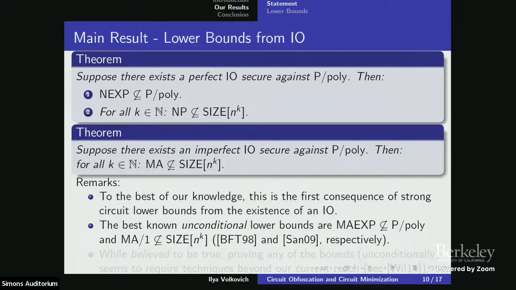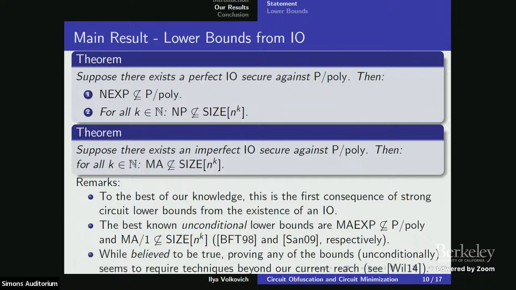The other thing I want to mention is that all those bounds on this slide, we believe them to hold unconditionally. We believe that NEXP is not in P/poly and everything. This state of affairs is kind of sad, because it looks like we're nowhere near proving any of these bounds unconditionally, including this bit of advice. If you want to read more about it, I would like to thank Ryan for writing a good survey about what the problems are here.